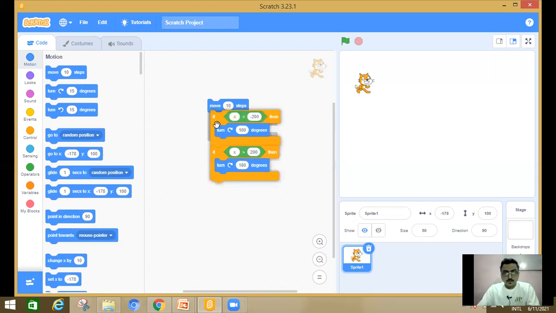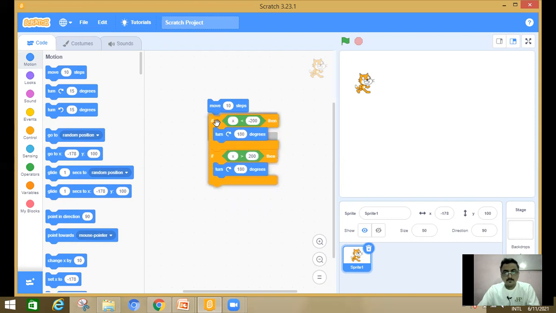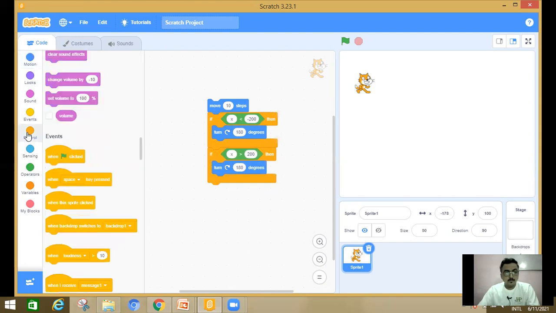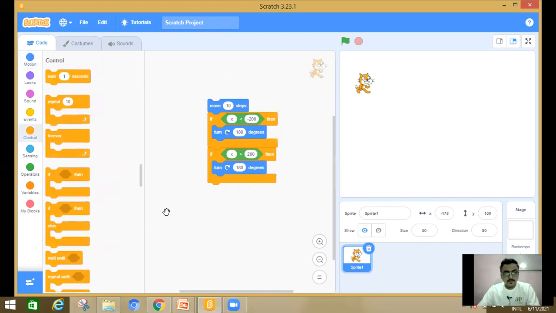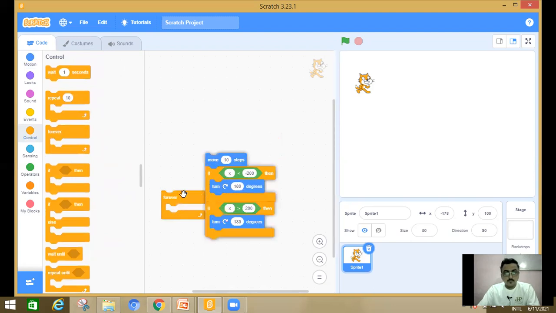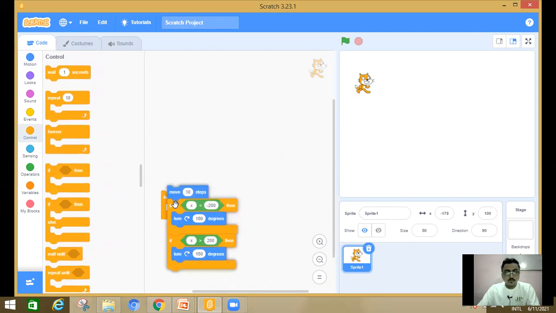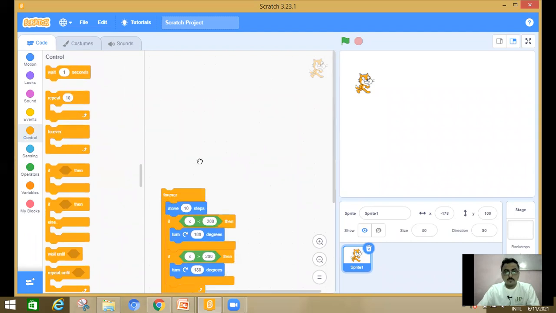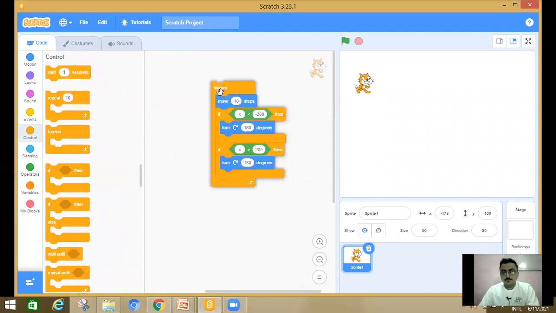Now I have attached this script with this, done, and I have to do this forever. So again, going for control, take the forever option and move the whole script under forever.